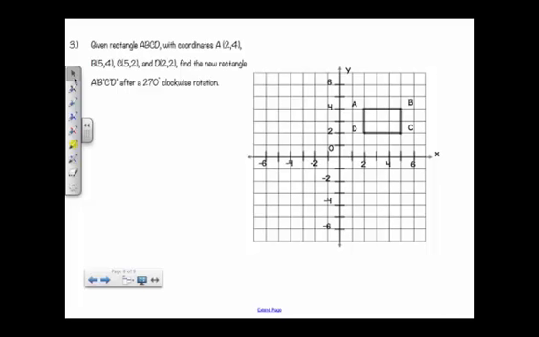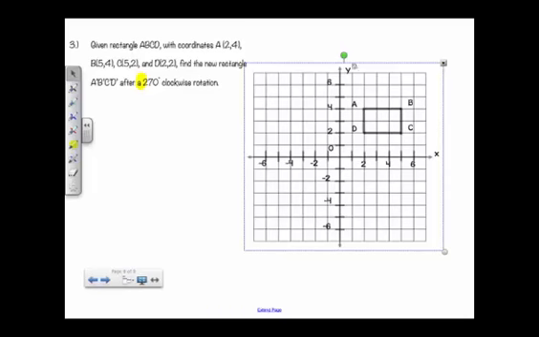All right, ladies and gentlemen, at this point in time, you should be feeling comfortable with rotations. So I actually want you to do number 3 on your own. Make sure that you turn it exactly how many you need to turn it, since it's 270 degrees clockwise. Make sure that you turn your paper